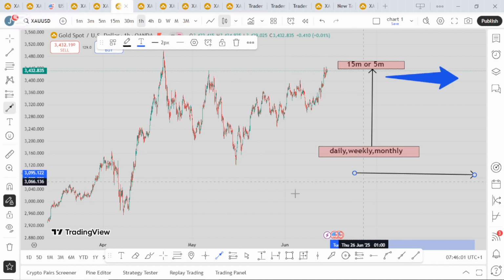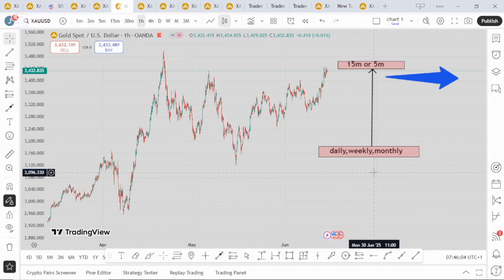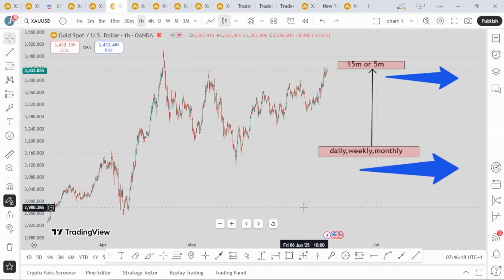So let me show you how we do this. Remember, I'm leaving this here so that you get the picture. We're making our decisions based on how they are making their decisions. Now, as a day trader, there are 3 time frames that we will make use of. It's called the triad time frame. Since we know that the big boys take their trades from the daily, weekly, and monthly time frame upward,